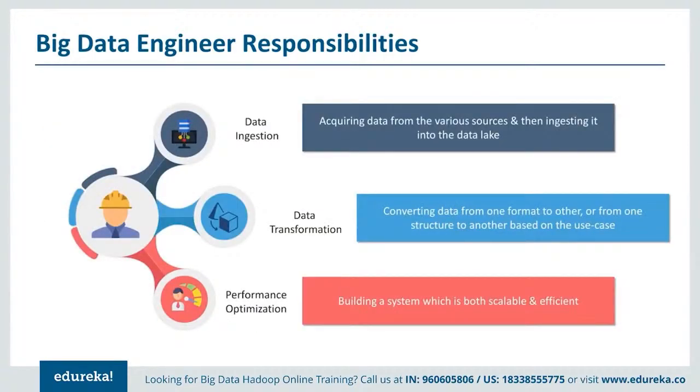Now, with all that said, the basic responsibilities of a big data engineer boil down to these three things. First up, data ingestion. This is associated with the task of getting data out of the source systems and ingesting it into a data lake. A data engineer needs to know how to efficiently extract data from a source, including multiple approaches for both batch and real time. Apart from these, they would also need to know how to deal with issues around incremental data loading, fitting within small source windows, and parallelization of loading data as well.